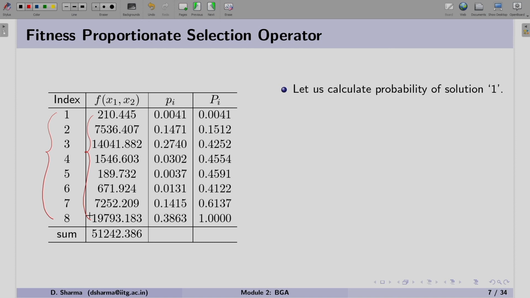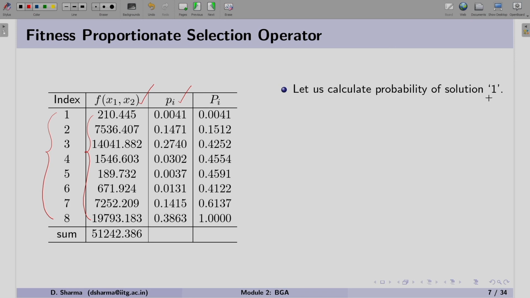What we need is only the fitness value, which is mentioned in column number 2. In column number 3, we have mentioned the probability of each solution. So let us see how we can calculate the probability of each solution.